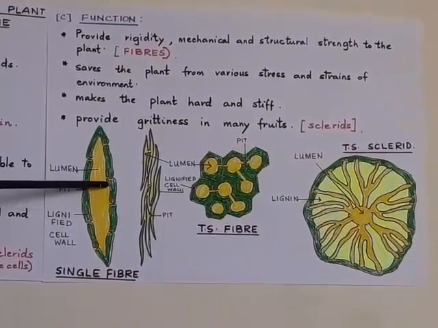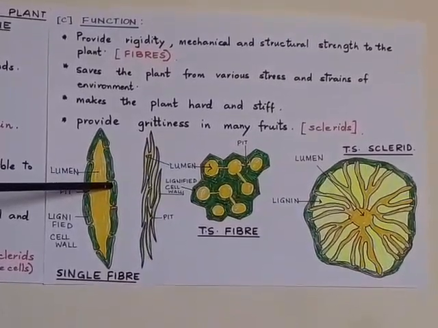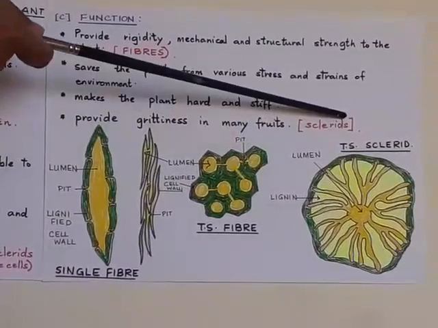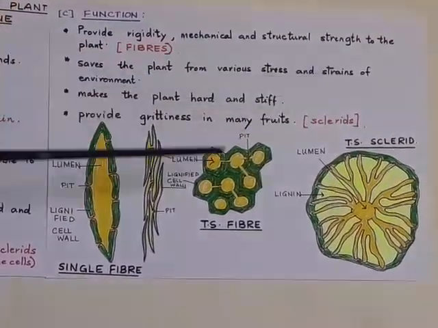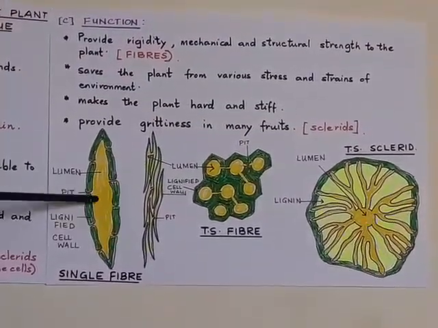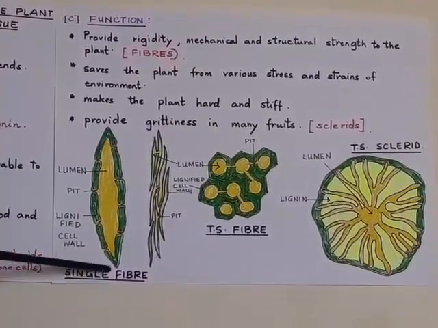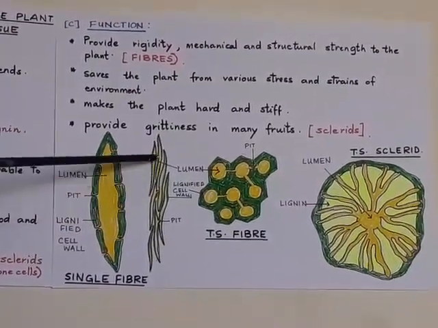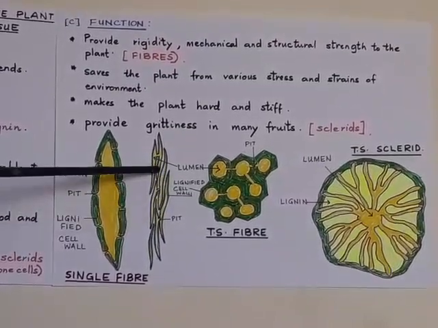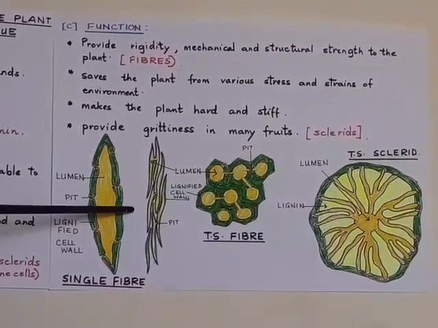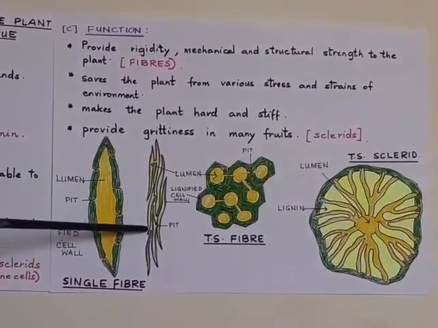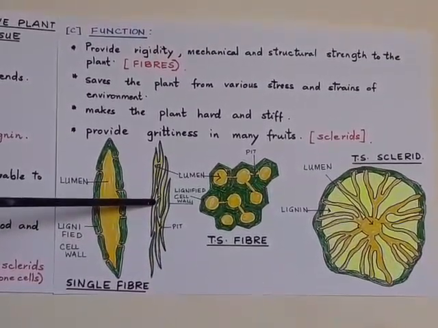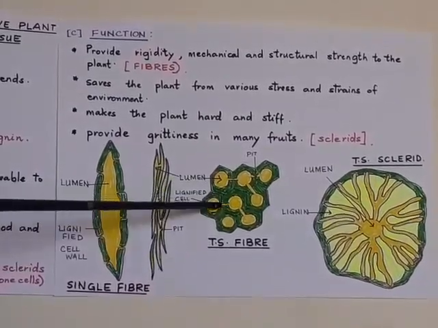Now sclerenchyma are of two types. One is the fiber form and the other is the sclerid form. Okay. Now as you can see, here I have drawn a single fiber. Fine. These fibers are arranged in bundles. This is how they are arranged. Okay. And that is the reason why we get bundles of hemp, jute, flax, and this is the TS of